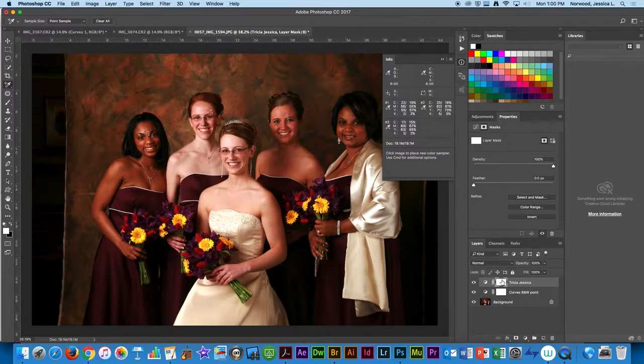On this layer mask, I'm going to fill it with black. Black's my background color, so I'm going to Command Delete because that's the background. It's going to hide everything for now, and then I'm going to use my brush and brush in that adjustment just on our skin tones at 100% and normal. It's not a huge adjustment, but